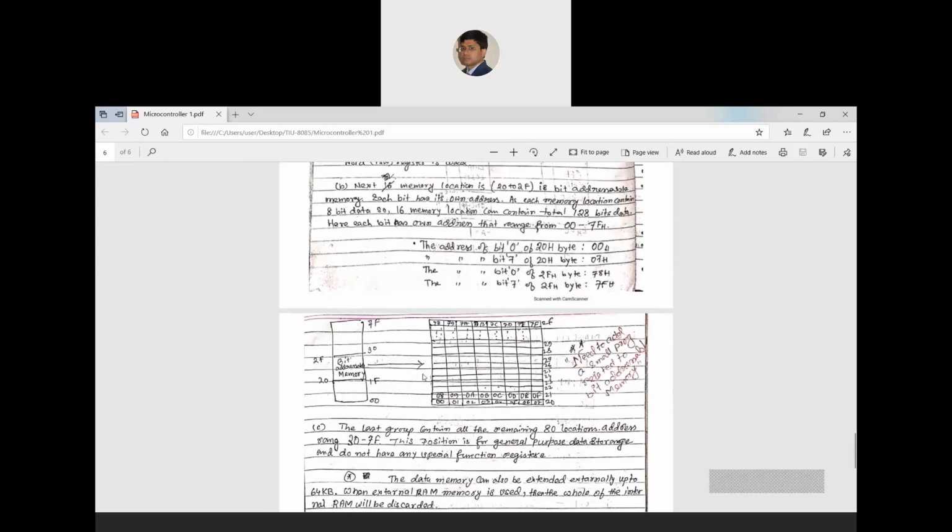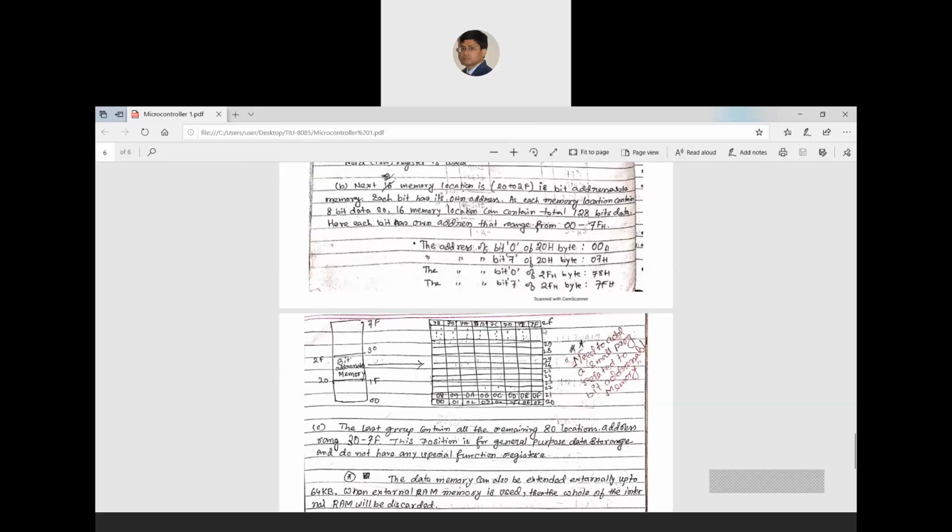Okay, and how anyone can go to any address of this using the bit addressable memory location. What is the segment address? What is the bit address? What is the combination of the bit address? So in these 4 lines, I have written the address of bit 0. Bit 0 means this 00 of the 20h byte. So the 20h byte is the segment address where I can get bit 0. The address is 00, and that 20h location can hold 8-bit data starting from address 00 to 07.